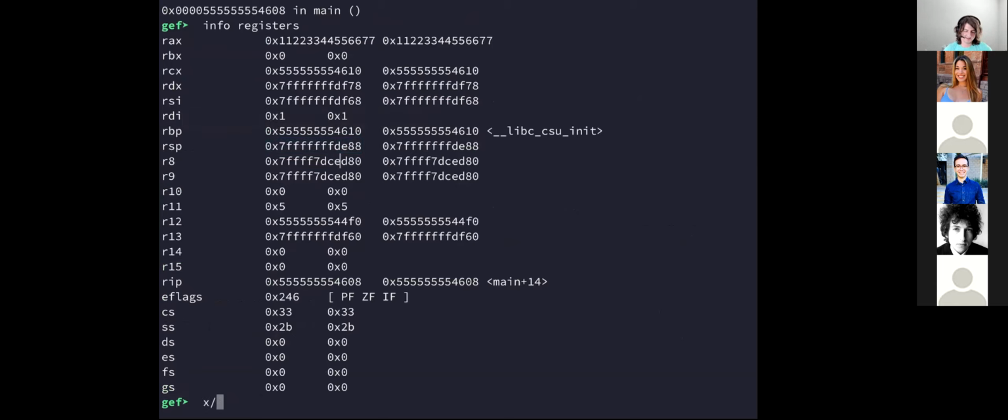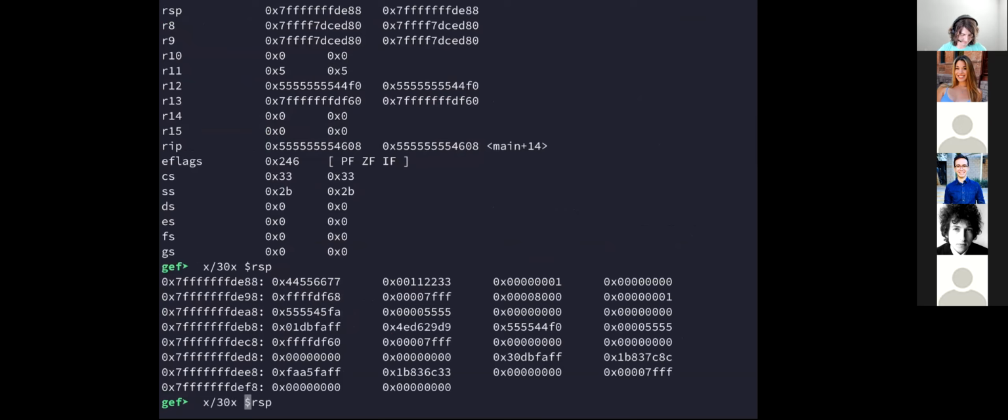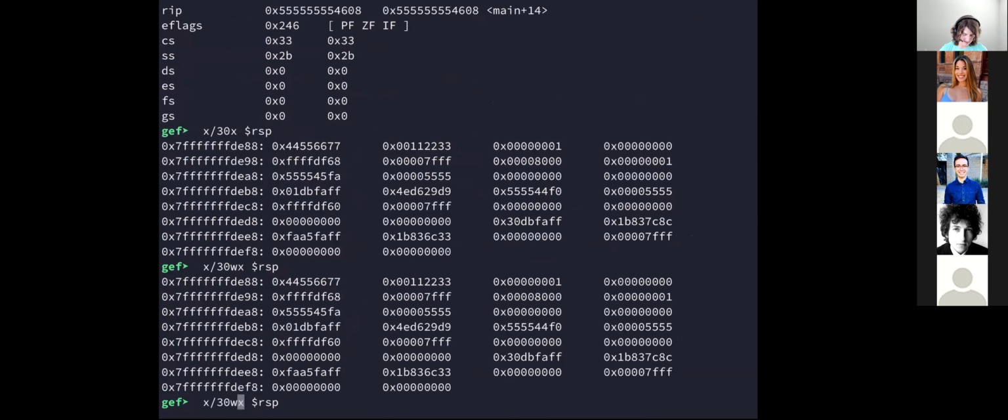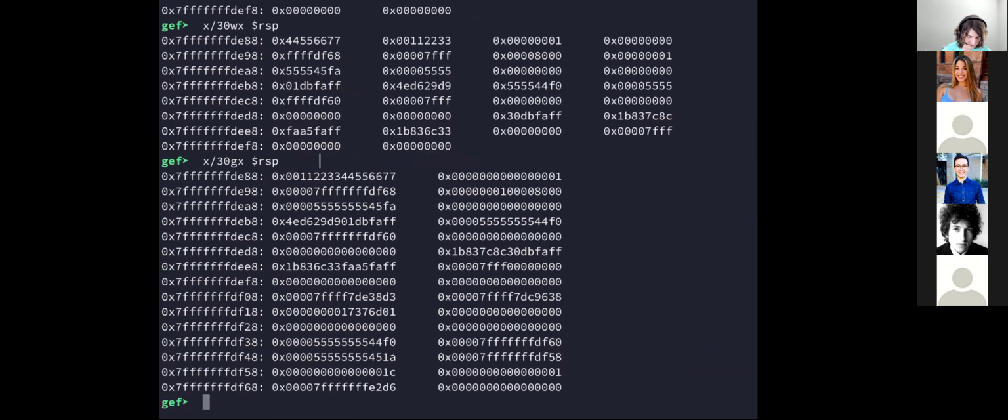So I can do x/30x $rsp. G is for giant values. Okay, so we can see here RSP has the value inside of it of 7FFFDE88, and the hex value there is that value we put there. So yes, this actually worked exactly how we thought. That is fantastic. Now to answer the question of what is the actual value there,